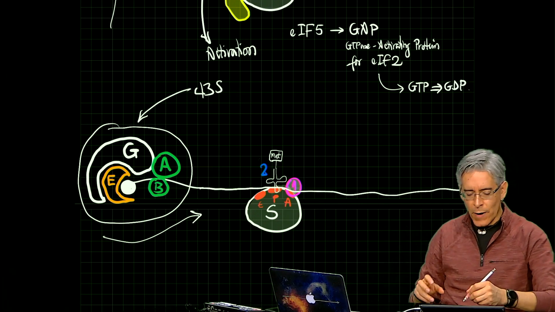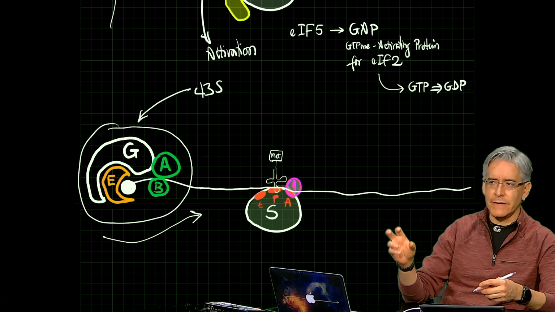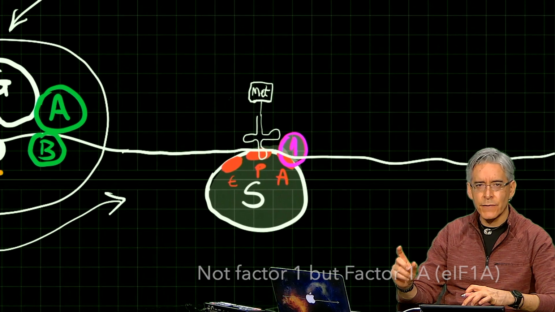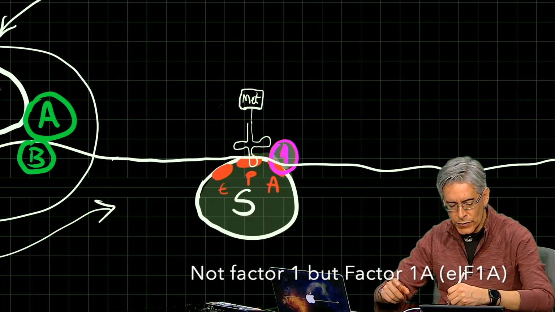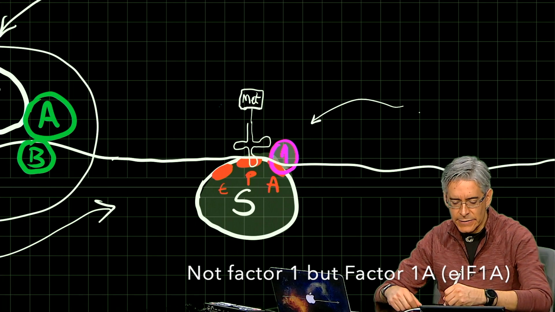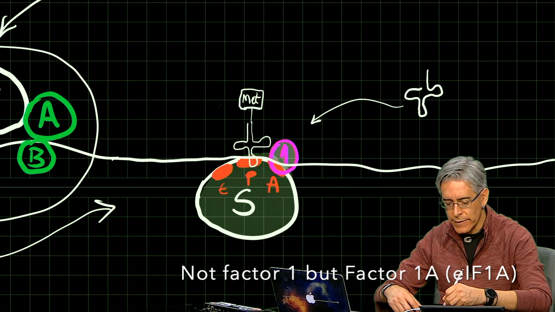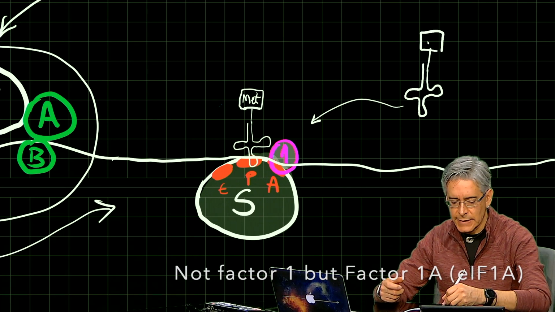But the one that has already detected the Kozak sequence now is free pretty much of everything except for factor 1 that is still associated to the amino acid site, which means new tRNAs are still not allowed to come into the ribosome. So the next could be, for instance,